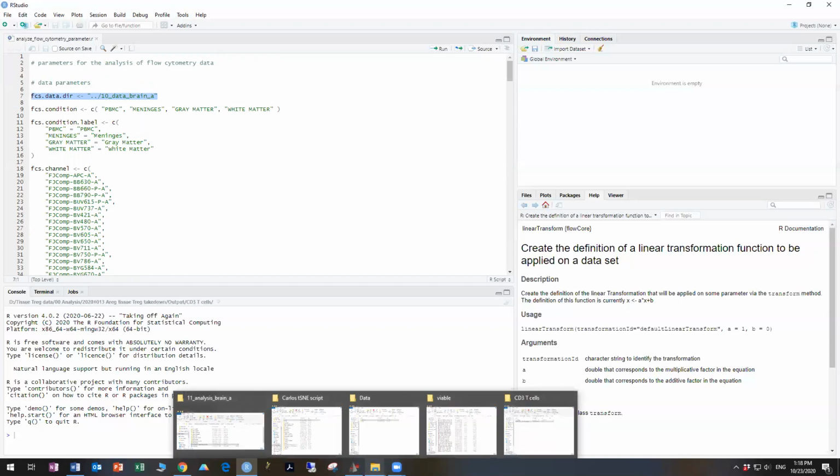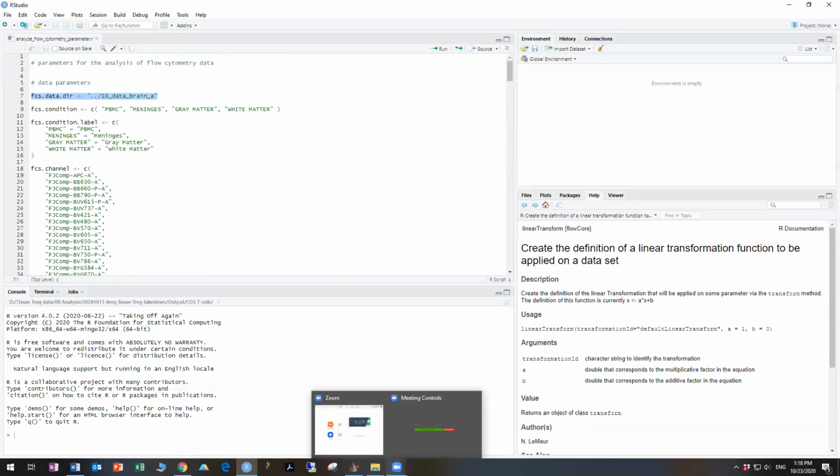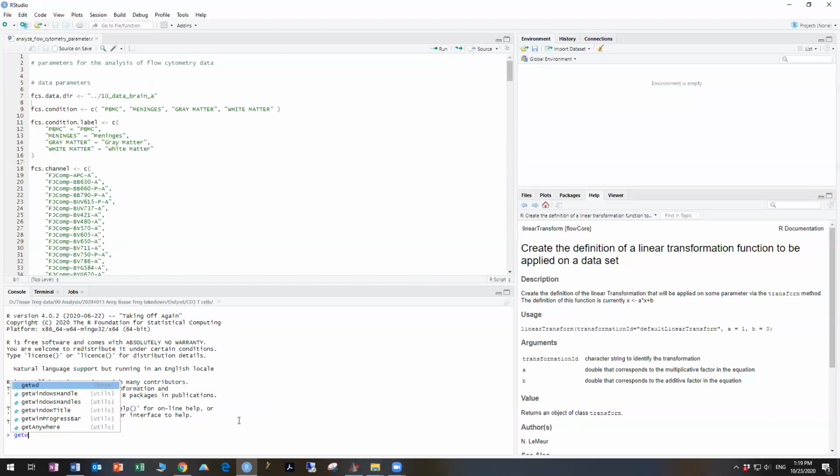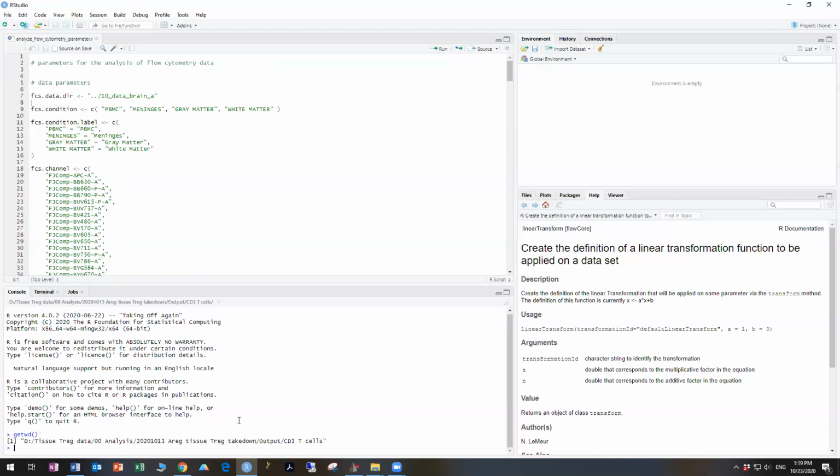nomenclature, which is what Carlos was using, and I'm sure that those of you who are more familiar with computers will be able to figure out how to do this better than me. But what we want to do is tell it where our FCS data directory is. If you aren't certain, if you've set up your structure the way I have, you can type in getwd(), get working directory. And this is where your analysis is. So if we look at that,